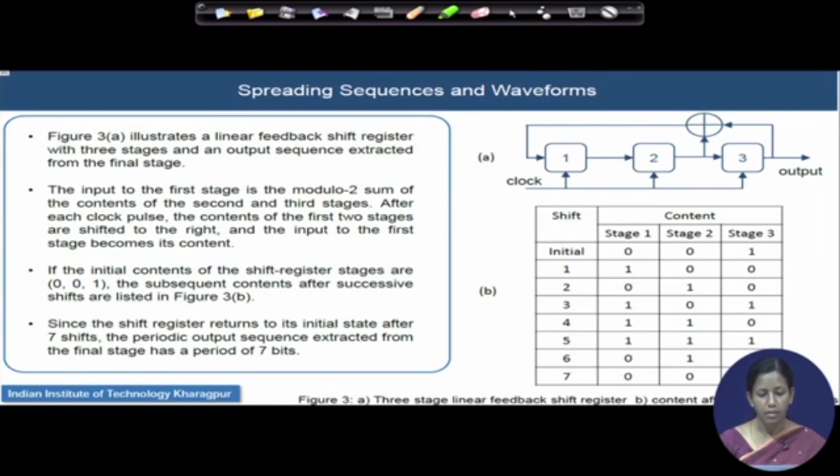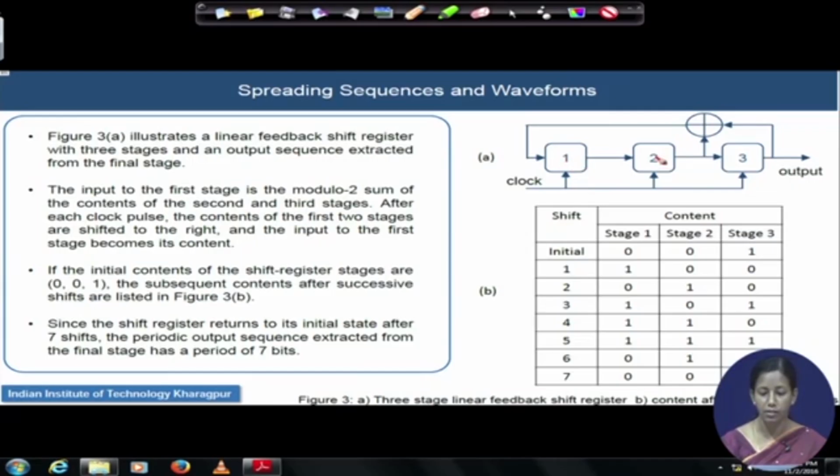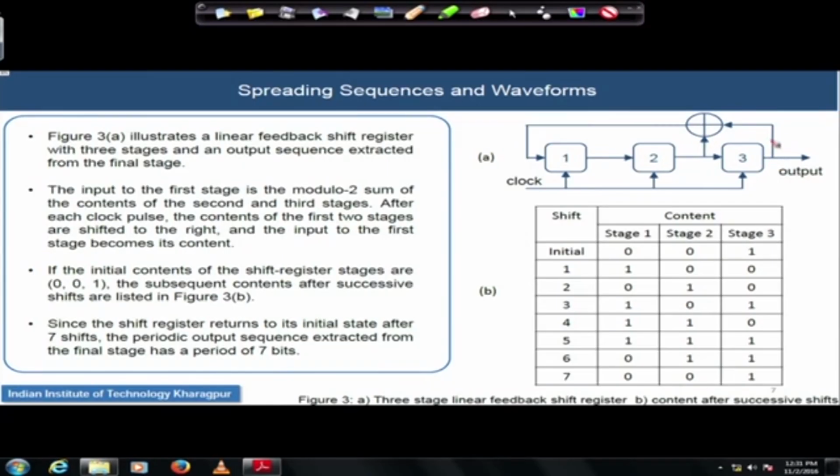So, this is a very simple example of generating a spreading sequence using a shift register. The example consists of only 3 stages. The outputs of stage 2 and stage 3 are added by a modulo 2 operation, which is basically an XOR operation, and the output of this XOR is fed back as the input